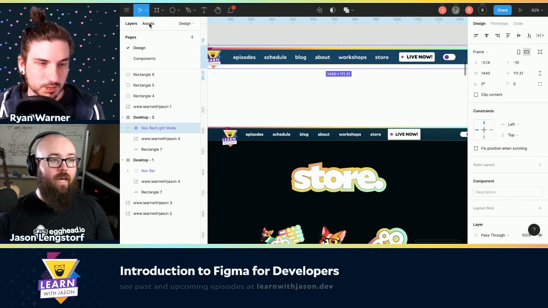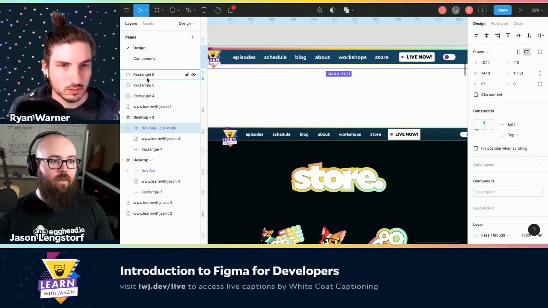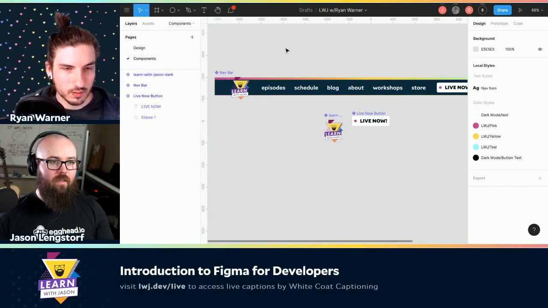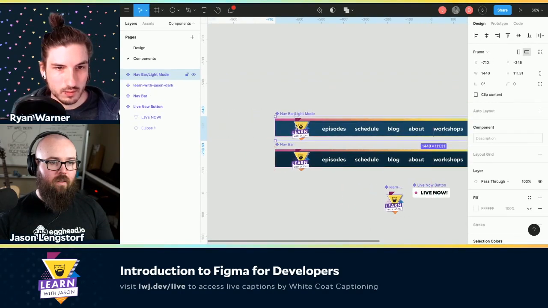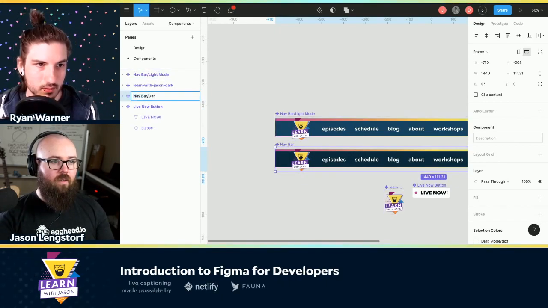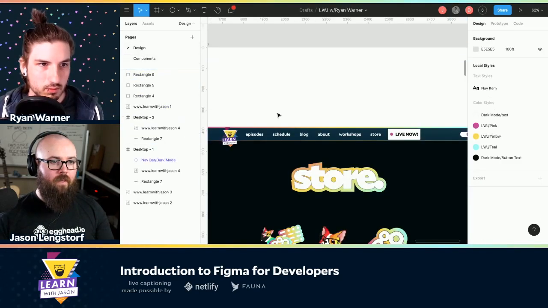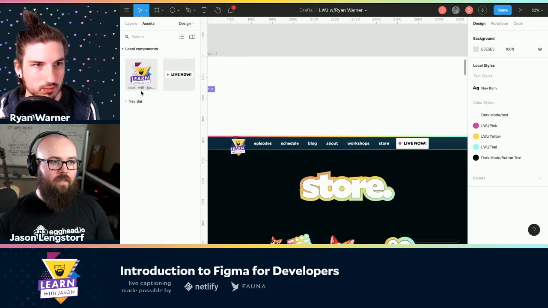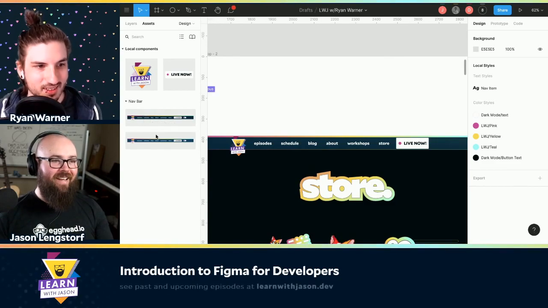So if I go to my assets, or wait, it didn't work. How do I, I need to move it. So let me move it in to here. And then I can rename this one to dark mode. And then we'll come out here. Here's my light mode. So let's go to assets. Look at that. That is so dope.